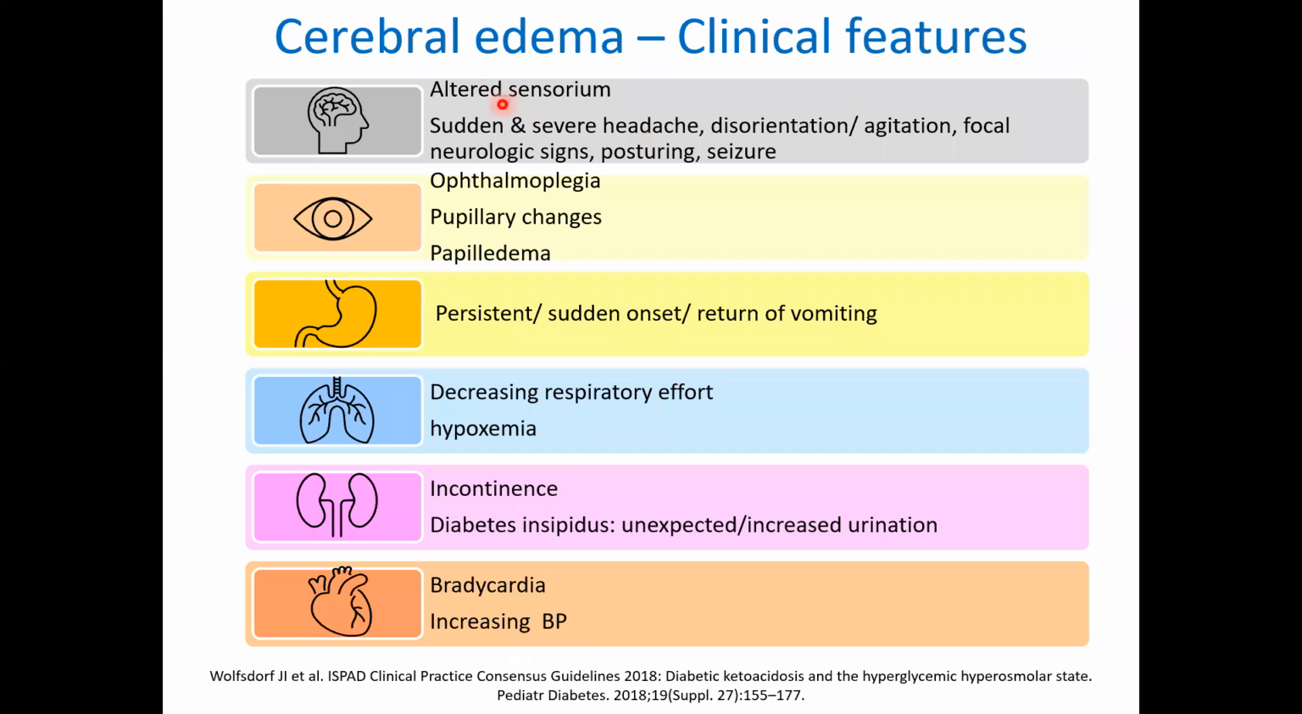Altered sensorium. If the patient has sudden and severe headache, you may have ophthalmoplegia or pupillary changes like anisocoria. If the patient has persistent vomiting, or they have a sudden onset of vomiting, or they had vomiting which resolved and now it has returned, think about the possibility of cerebral edema. Then you may also get patients presenting with hypoxemia, incontinence. So if a patient has increased urination or incontinence, then you need to have a high index of suspicion for